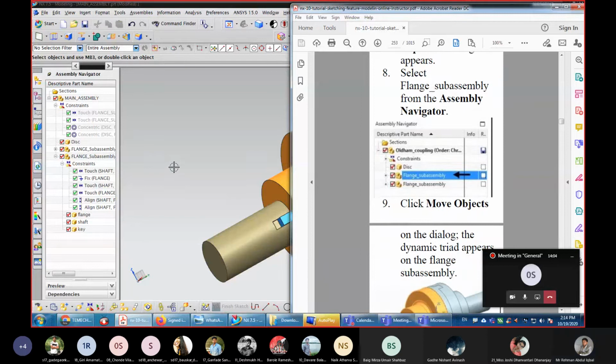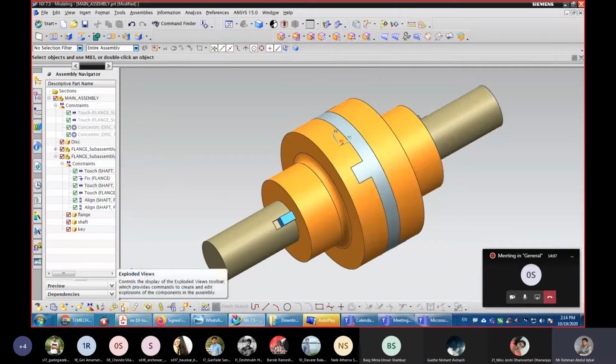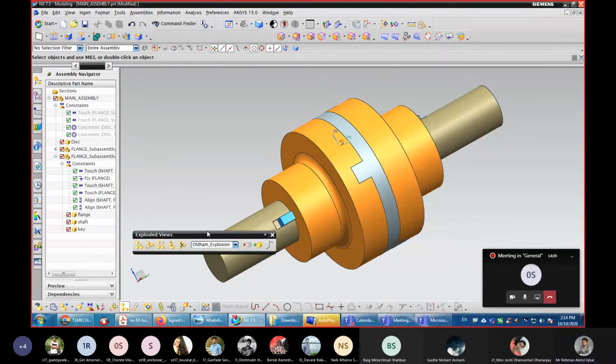So here we'll go to exploded views. Can you see this Oldham explosion? This one. Go to edit explosion.